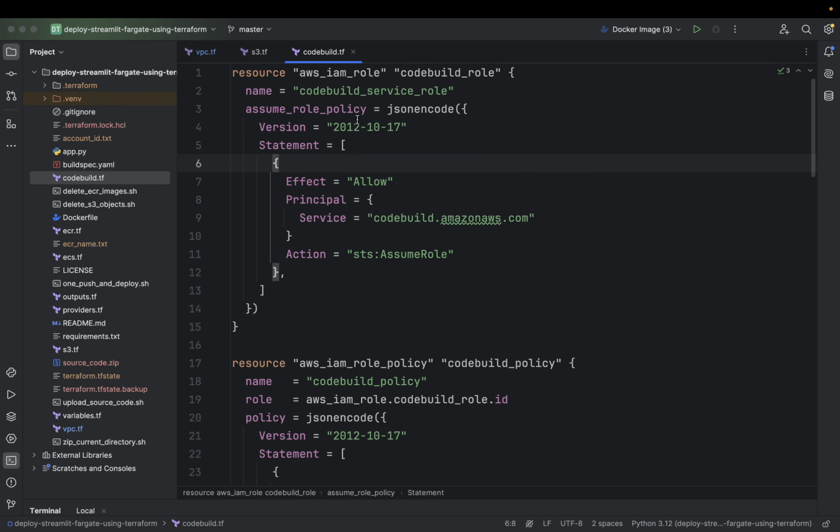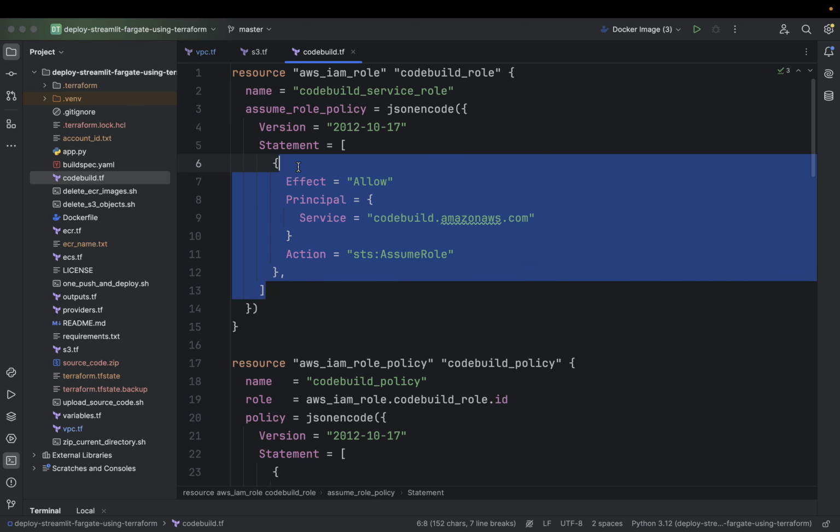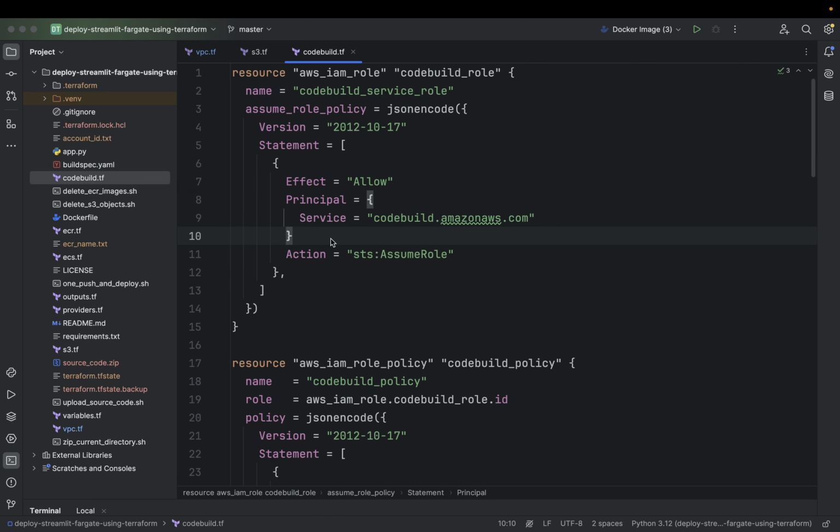And now we are setting up an AWS CodeBuild project using Terraform. We start by defining an IAM role, this one, aws_iam_role.codebuild_role, with the necessary trust relationship that allows CodeBuild to assume the role. This is specified using the assume_role_policy block.